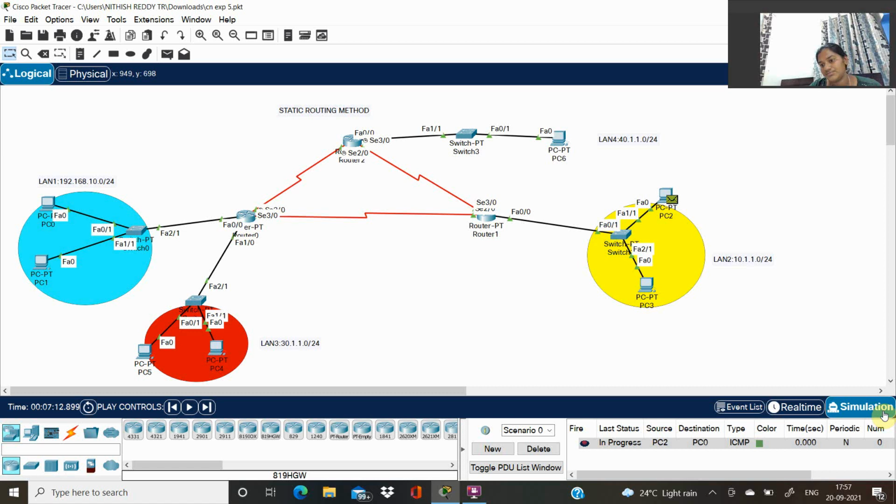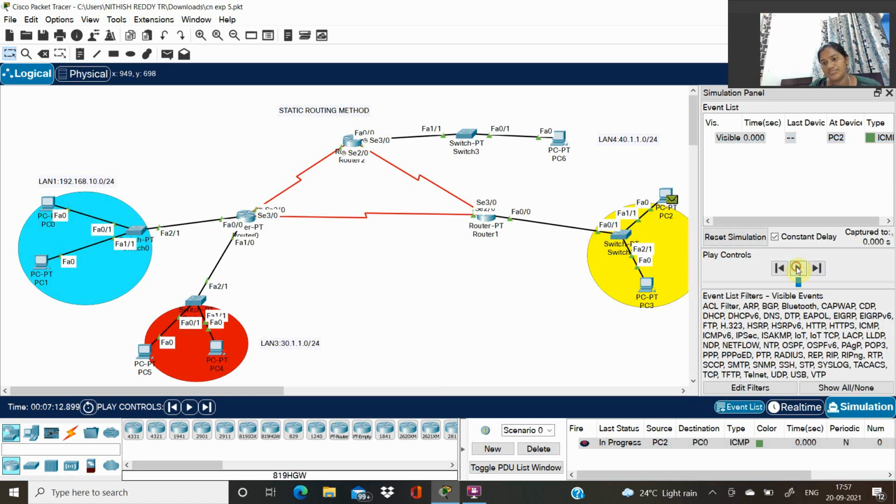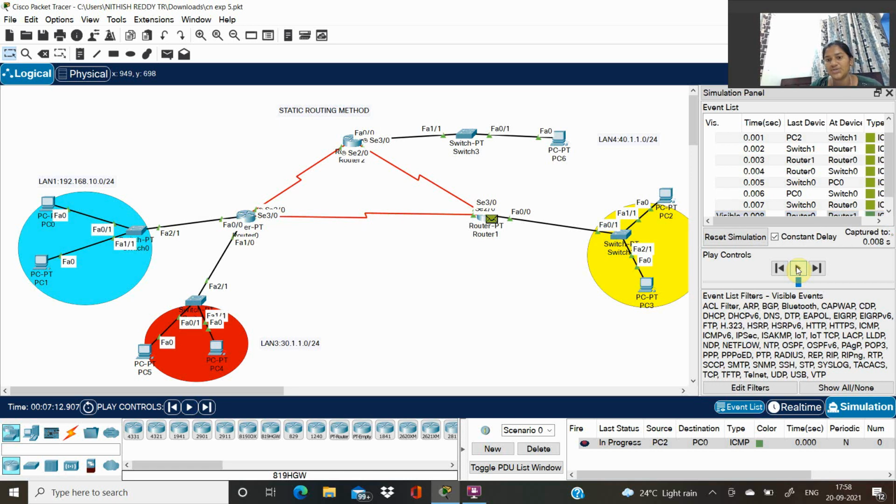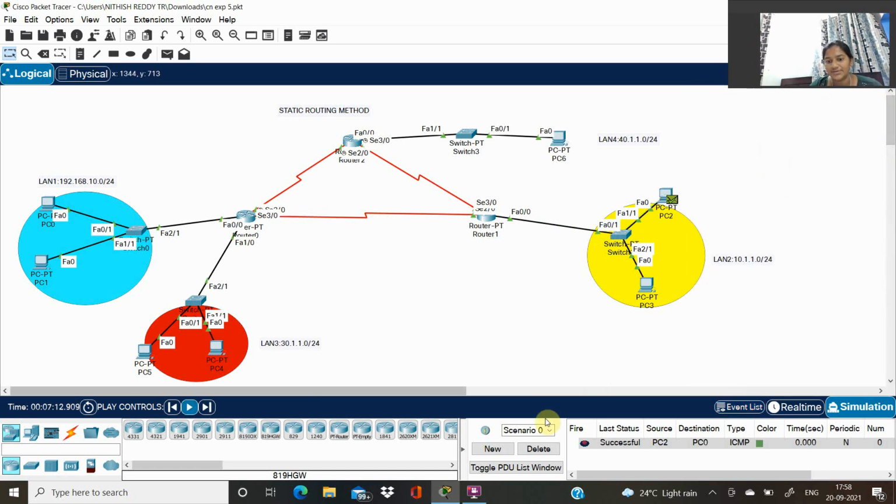It is running from PC2 to switch 1, and then from switch 1 to router 1, and then from router 1 to router 0, and then from router 0 to switch 0, and from switch 0 to PC0, and then from PC0 to switch 0, and switch 0 to router 0, and then from router 0 to router 1, and then from router 1 to switch 1, and then from switch 1 to PC2, and which is successfully done.